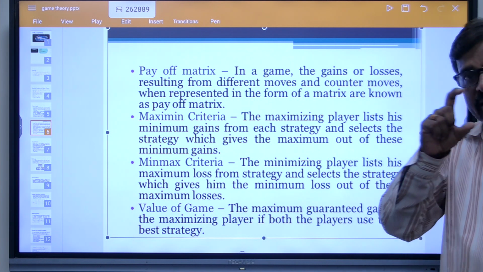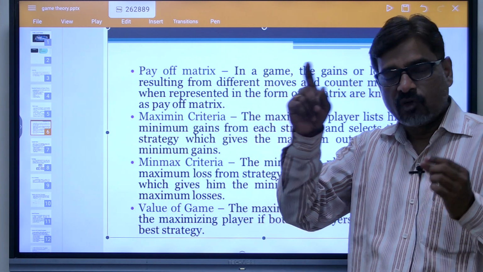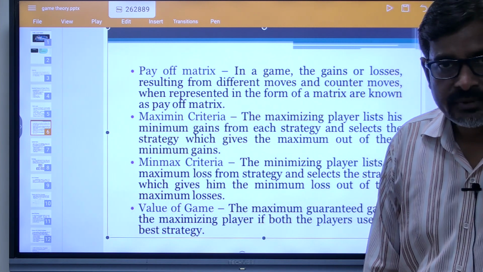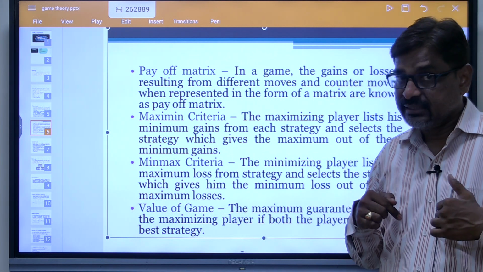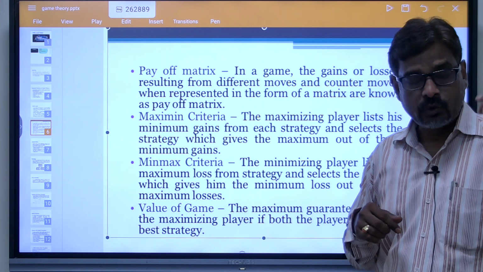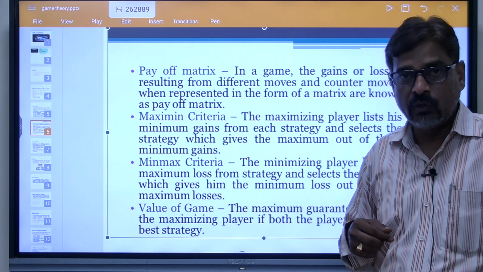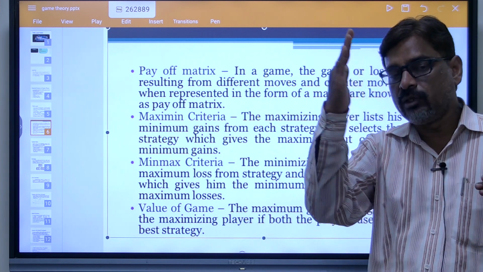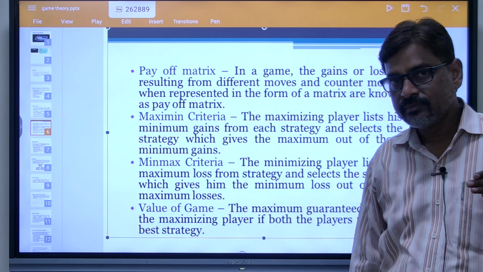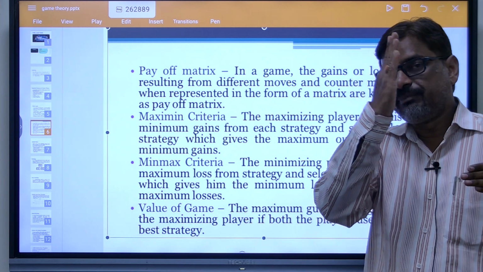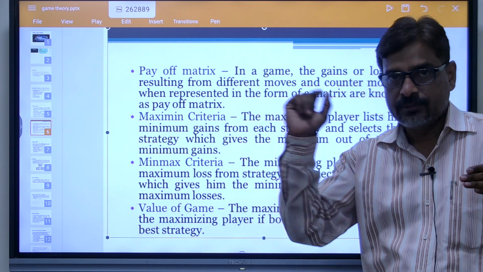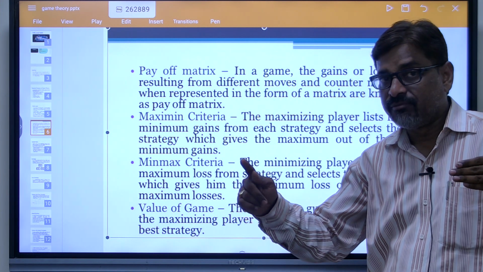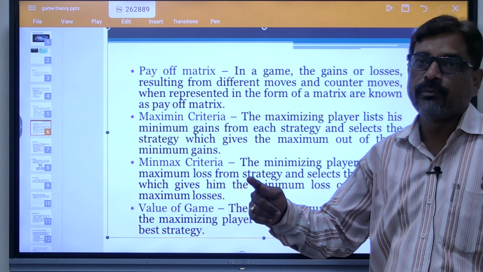For strategy A1, we have the minimum profit. For strategy A2, the minimum profit, and for A3 we have the minimum. Now it's our choice to select the A1 course of action, A2 or A3. It's not on that part whether we are going with B1, B2 or B3. But we have considered, among B1, B2, B3, the minimum profit, and that profit will be the maximum one, because we want to maximize our profit.